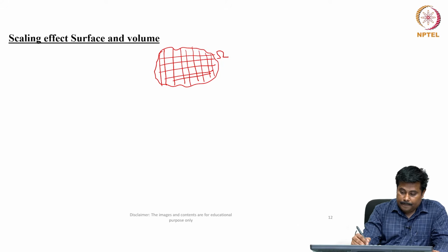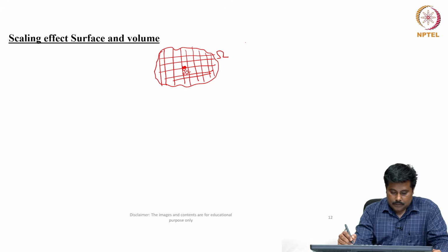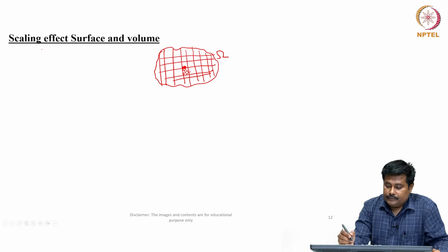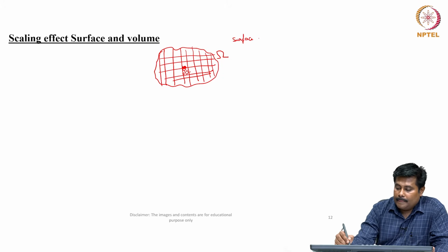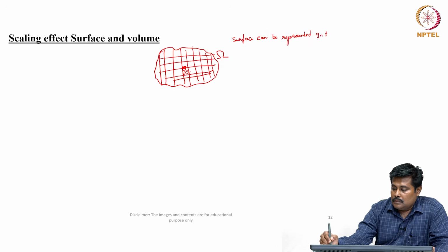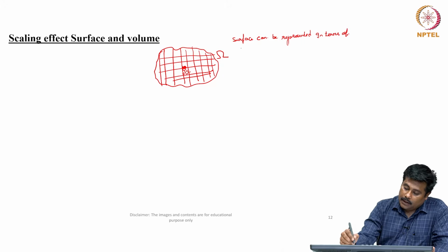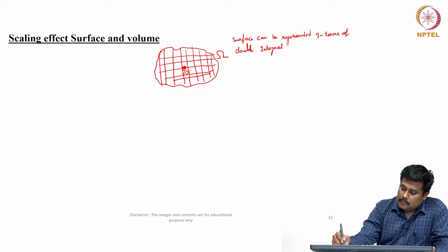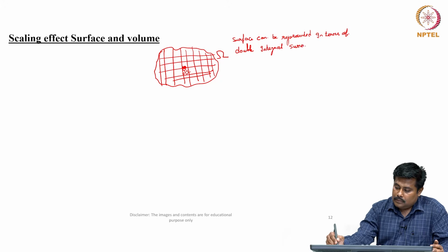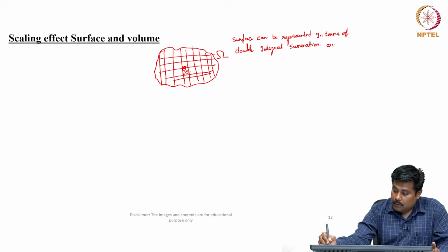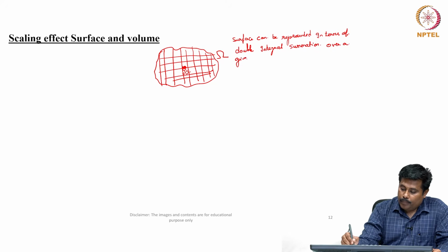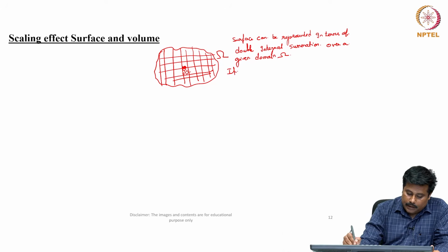And there is a point ds. Okay. So the surface can be represented in terms of a double integral summation over a given domain omega. If we scale down the integration domain,